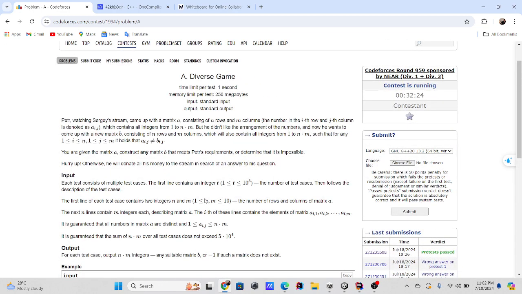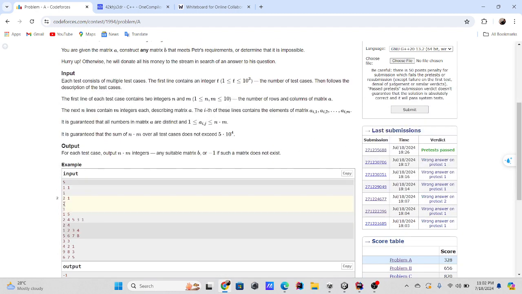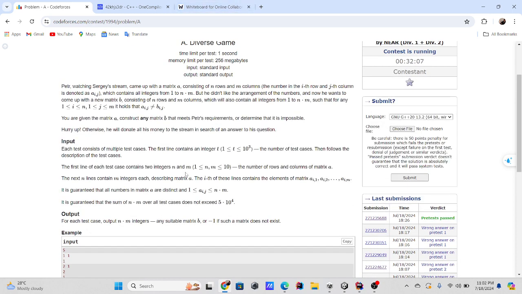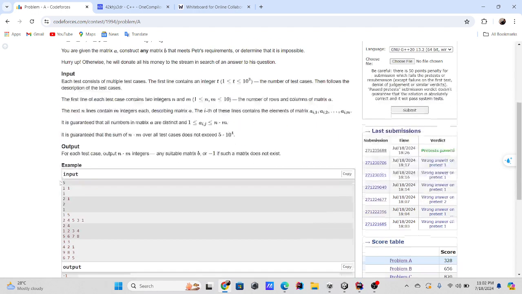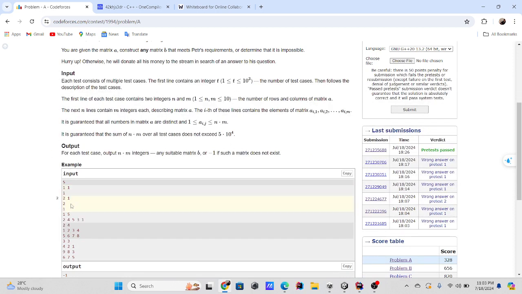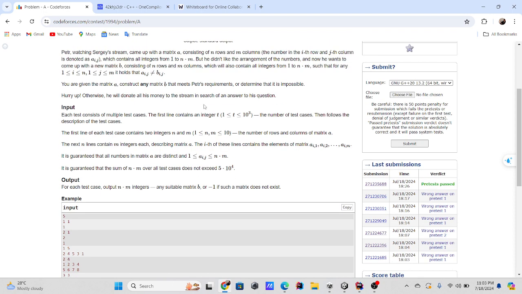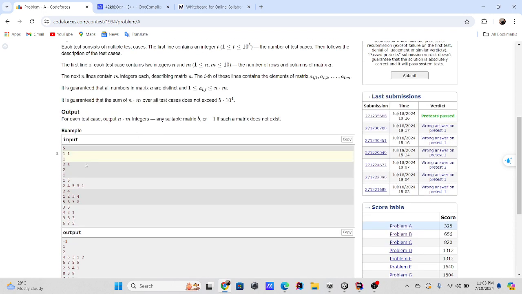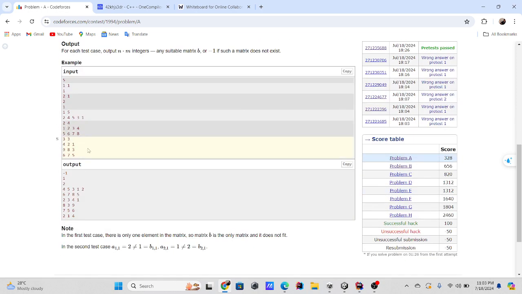Two numbers N and M are the number of rows and columns of a matrix A, and then we will have an input of an array that has N rows and M columns, right? Okay, and our mission is to print another array with the same size as our initial array, and our condition is to print the array so that every element